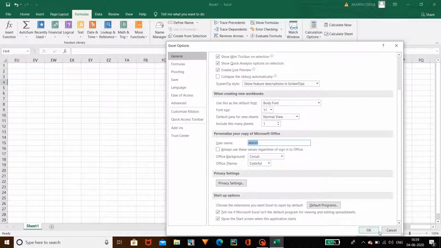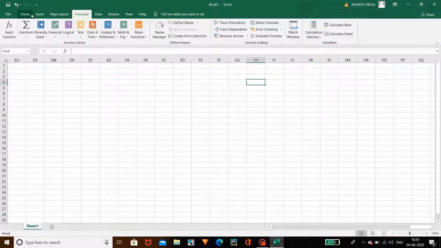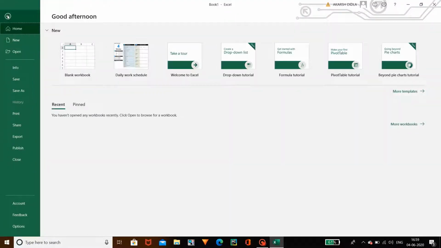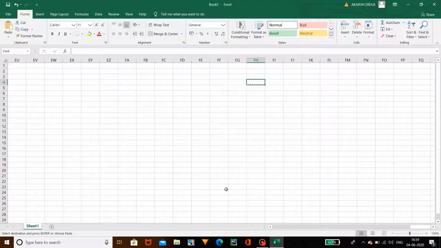We should close it, we should cancel it. So you can see here in the home too, these are the font sizes and font styles. About the options only, you can see here in this option. So this is about the file, and this is lesson 1. And you can click here back to go to the main menu, or as we are doing the new one, we can select the blank workbook also. I'm clicking the back button. So this is about lesson 1.